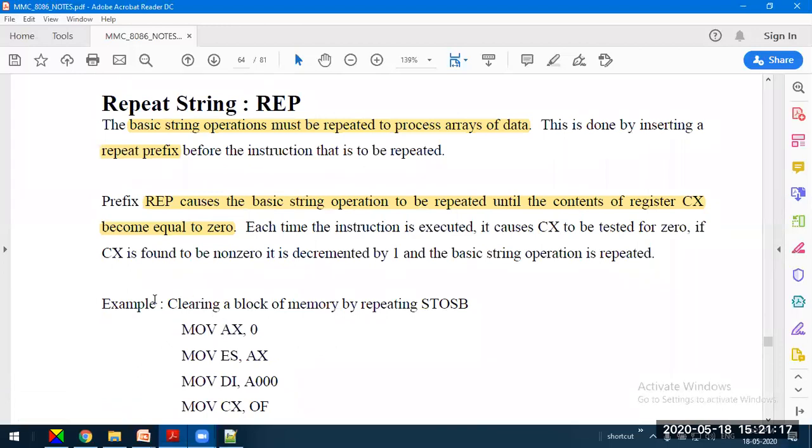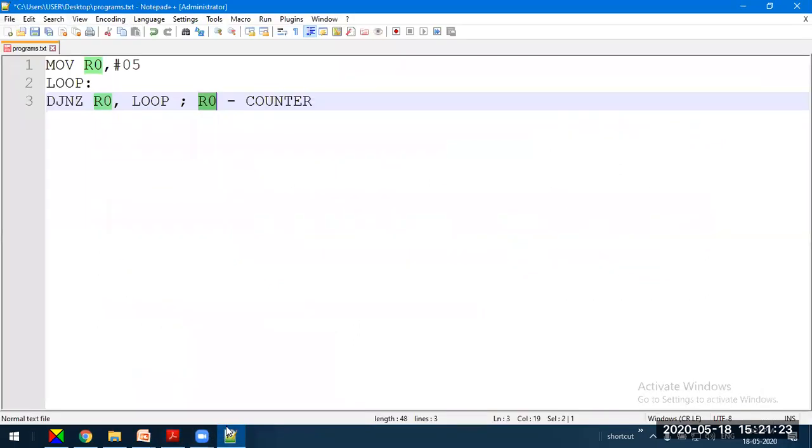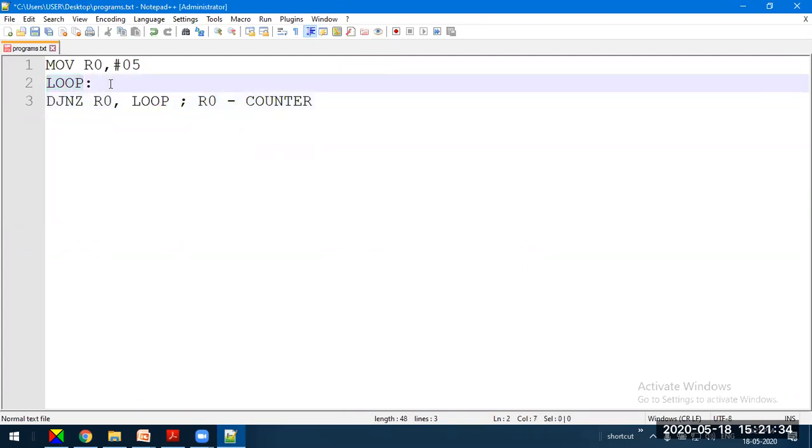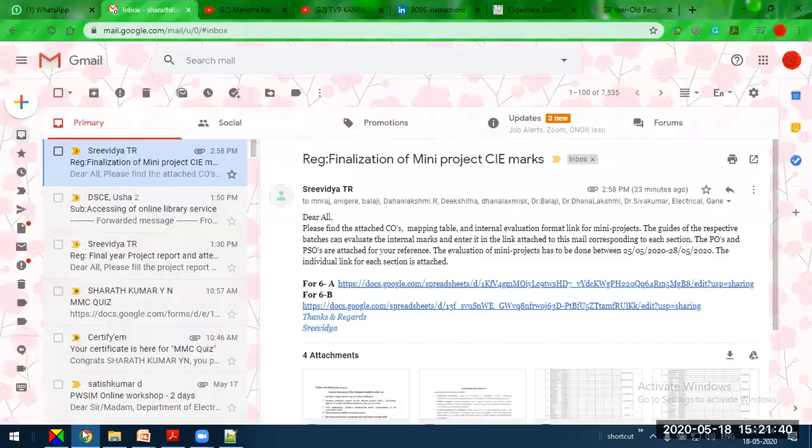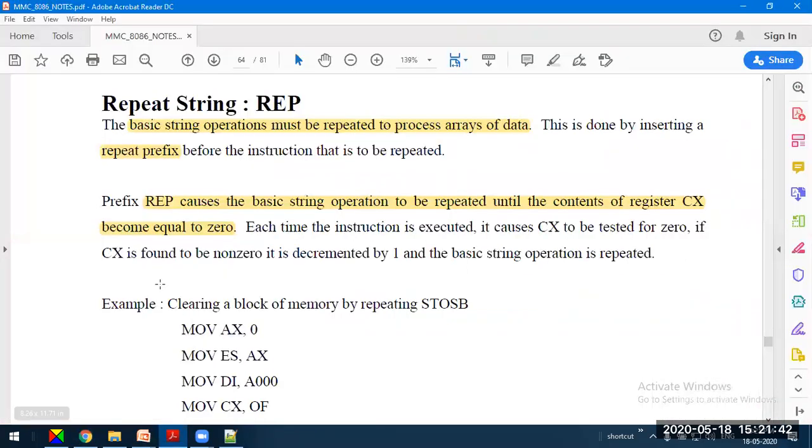Next, we need to repeat some set of instructions. So how do we repeat in 8051? Let us say I want to repeat some set of instructions. I use a loop, correct? This loop helps in repeating some n number of instructions. We call this a subroutine. We can have a subroutine instruction in 8051, which is used exclusively for string operation.